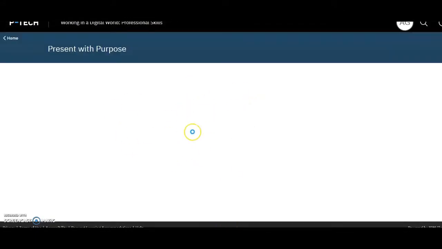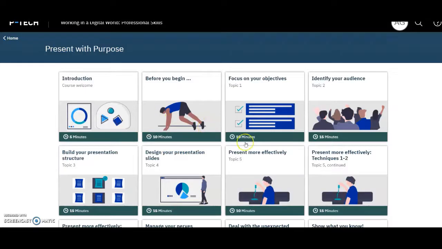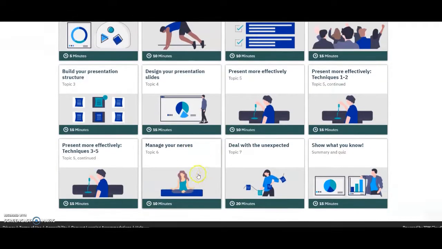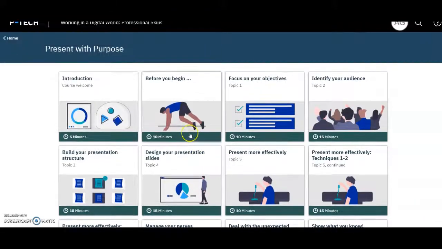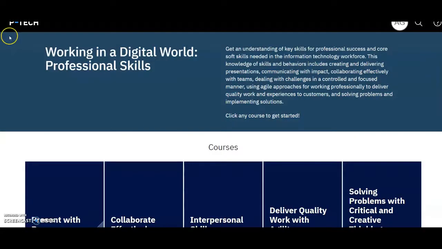Then you have to go to the activity. Once you enter the activity, they will show you the ways through which you can learn, like they will be teaching you. So these are the course patterns and contents, and you will have a small quiz at the end of the course. That will be very simple for you once you go through all these things. This is just for understanding purposes, I just showed you.